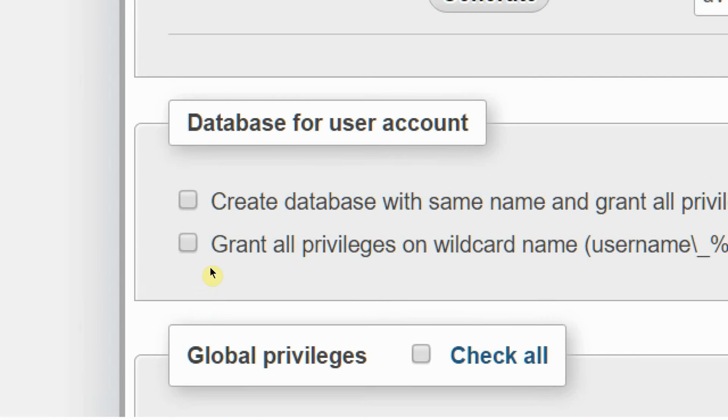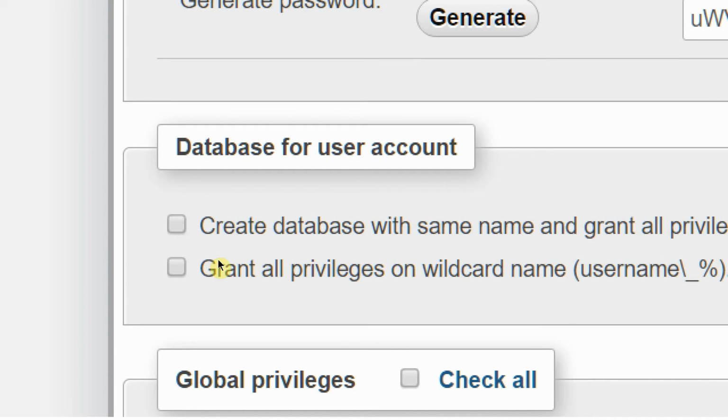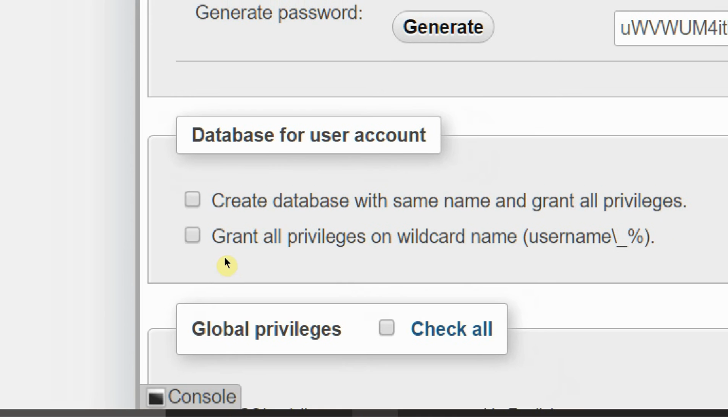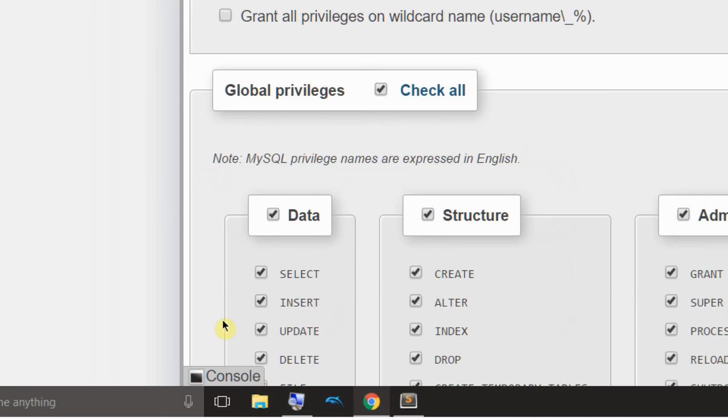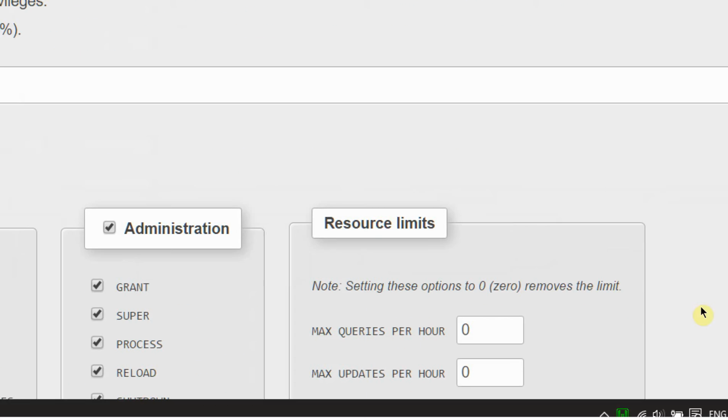The next thing, if you scroll down here, database user account. We don't need to create a database, and we don't generate all privileges on wildcard name. No, we don't need to do that. Just click global privileges, check all. And now this will give us access to do all of the actions in our database because we're sort of